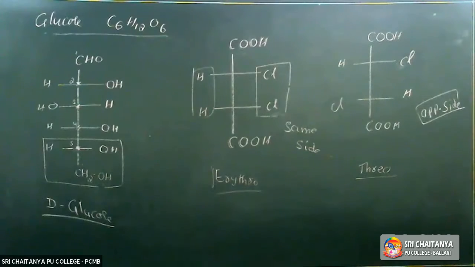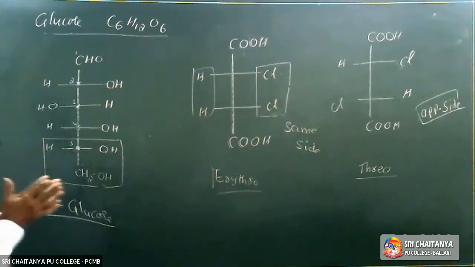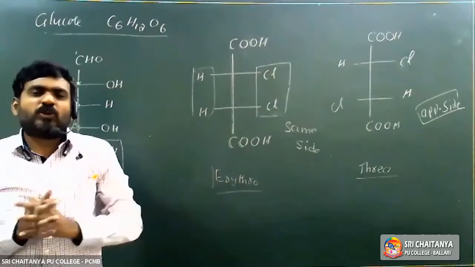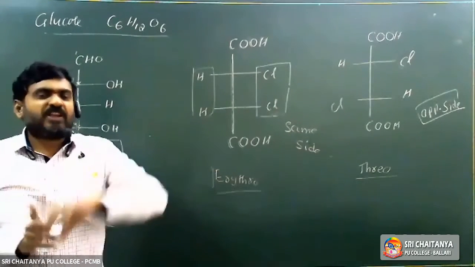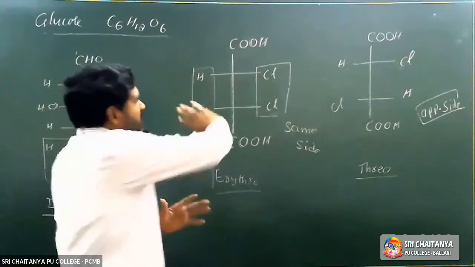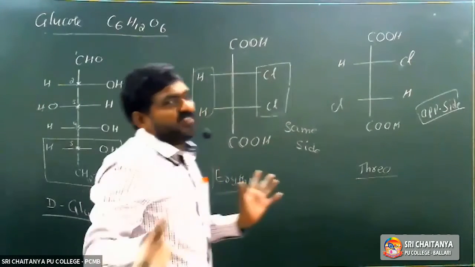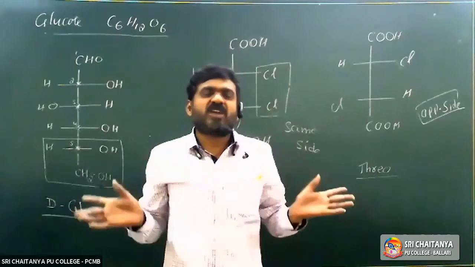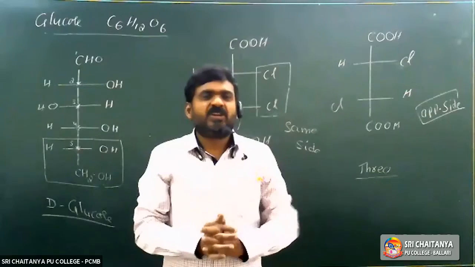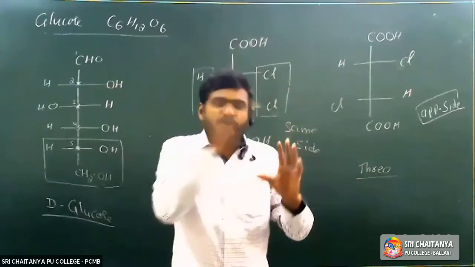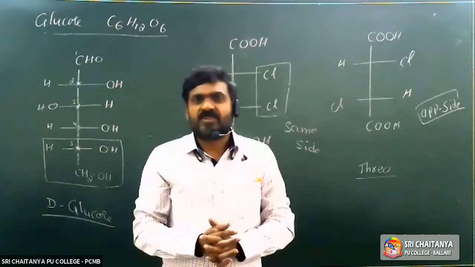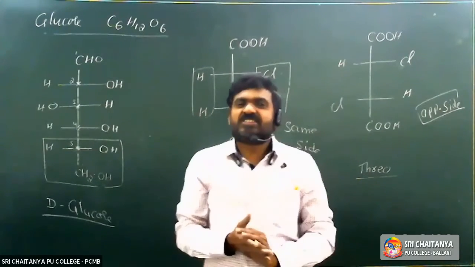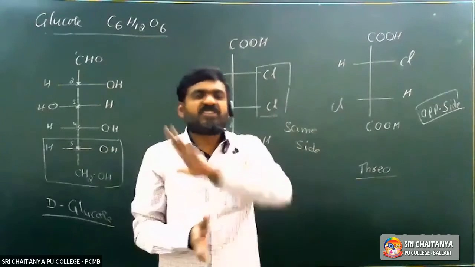So it is optical isomerism. A compound containing an asymmetric carbon, and a molecule must be asymmetric, can rotate the plane polarized light towards either a clockwise direction or anti-clockwise direction. So they are called optical isomers. This phenomenon is called optical isomerism. The device which is used to produce the plane polarized light and to know the optical activity is called a polarimeter.